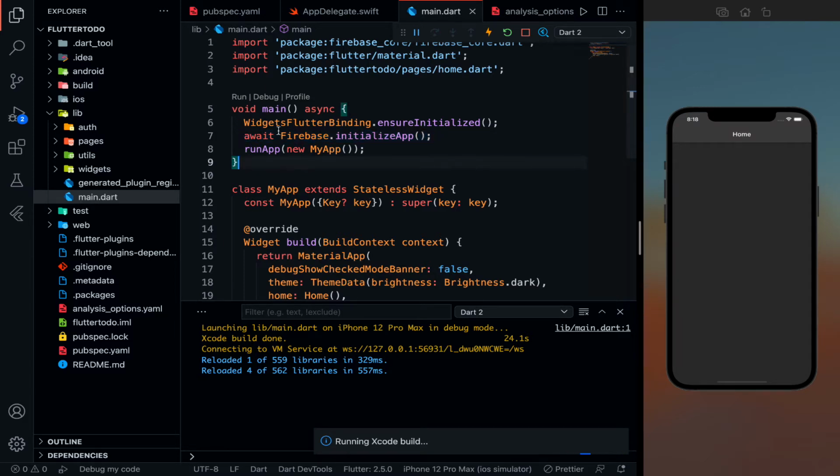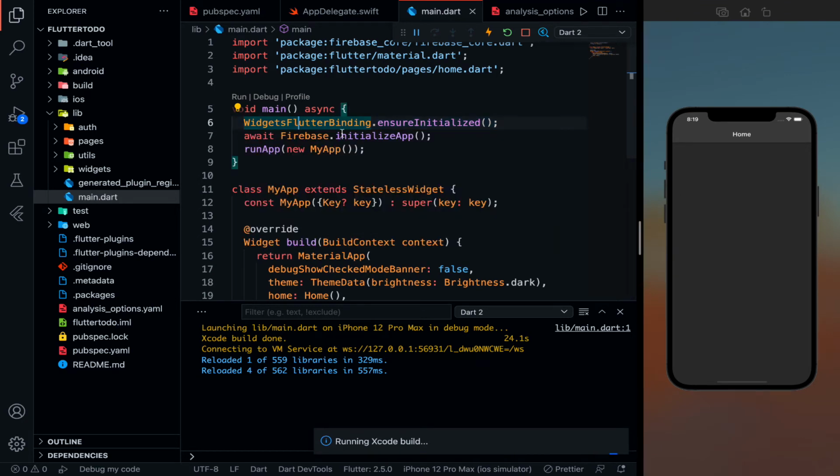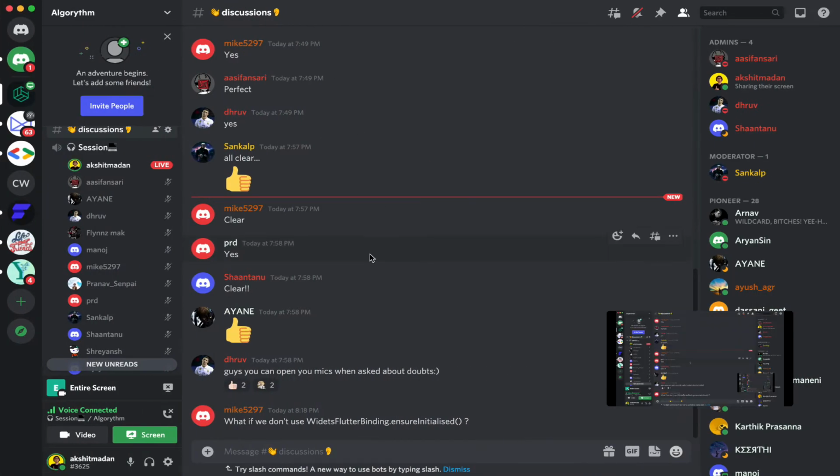What is happening is my Firebase is taking some time to get initialized, but till that time, I want to ensure that my widgets are at least initialized and ready, so that as soon as my Firebase is ready to communicate with my app, my widgets are also ready. So that is the idea. I hope it is clear.